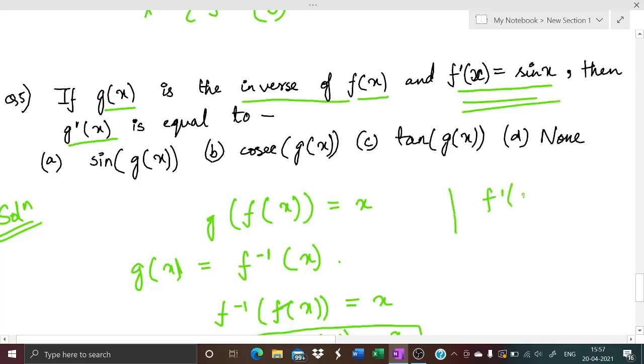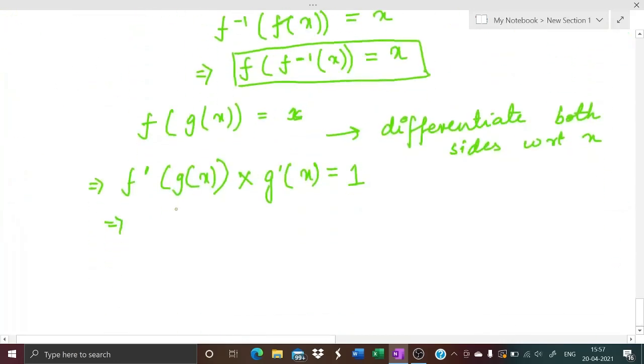So f dashed of g of x will be equals to sin of g of x, isn't it? So f dashed of g of x would be sin of g of x into g dashed x equals to 1. So what I will get? I will get g dashed x